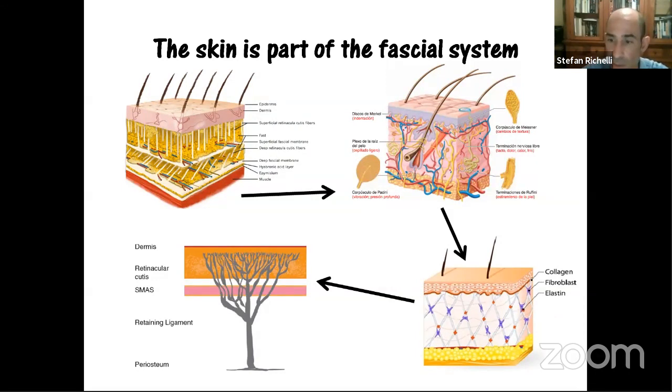If we analyze the skin, we will see that we have the same system, like in the fascia system: we have the epidermis, dermis, and hypodermis, and all is connected by collagen fibers. So depending on which orientation we have in the skin, or if we have more or less collagen fibers inside, the skin will be more mobile or less mobile. So if we have low mobility in the skin, and the skin is connected with the superficial fascia and the deep fascia, we will understand that less mobility of the skin will have a direct influence on the mobility in